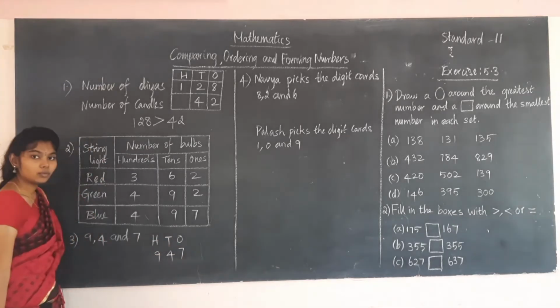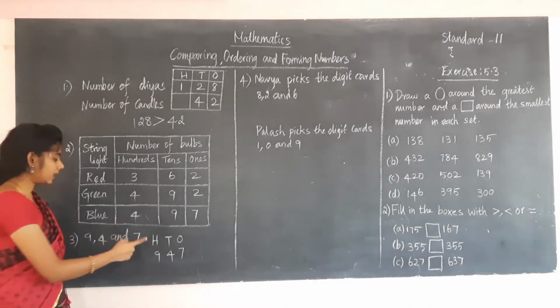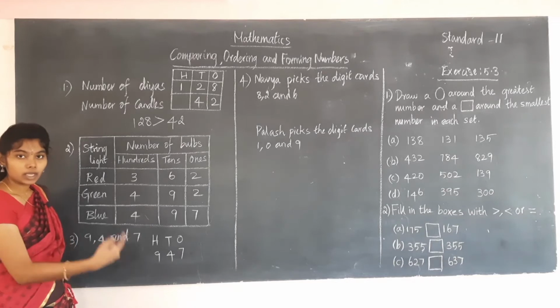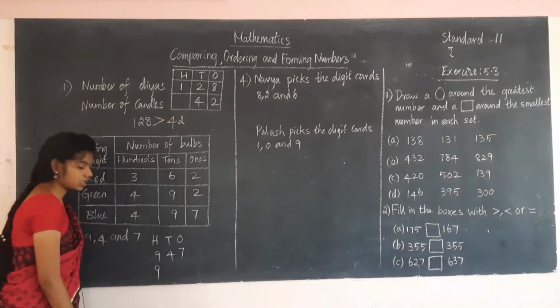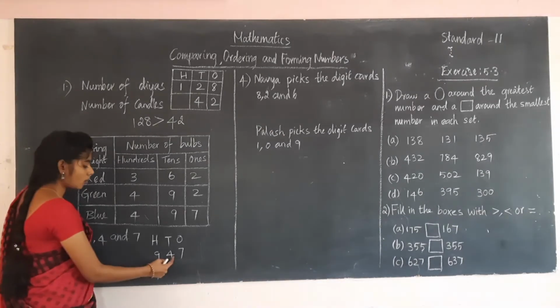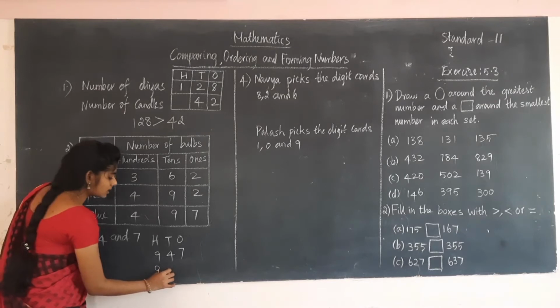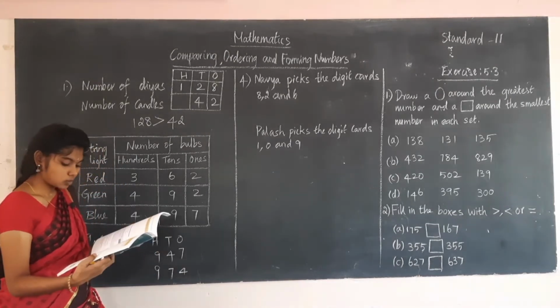What is the other way? Here they have asked to find 2 3-digit numbers. So one 3-digit number I have written, and now we are going to find the next 3-digit number. We have to place 9 in the hundreds place only. So I have placed 9 in the hundreds place, and another way is we can write 4 in the ones place and 7 in the tens place. So this is another 3-digit number. So we have formed the 2 3-digit numbers that they asked.